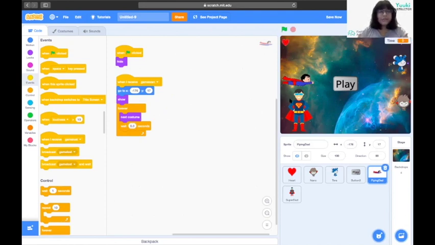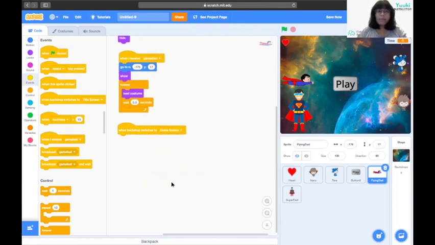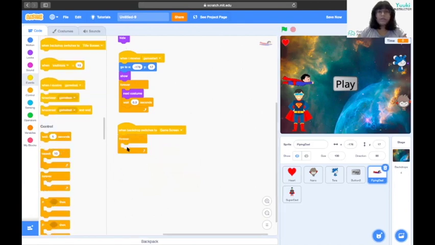Alright, so next I'm going to code the key controls of my flying dad. So this would happen in my game screen. So I'm going to drag in the block called when the backdrop switches to game screen. I'm going to add in my keys. To know which key the player has used, that is the up, down, left, and right arrow keys, I'm going to sense my keys. So I'm going to drag in a forever block and use conditionals to check if the user has pressed a certain key. So if